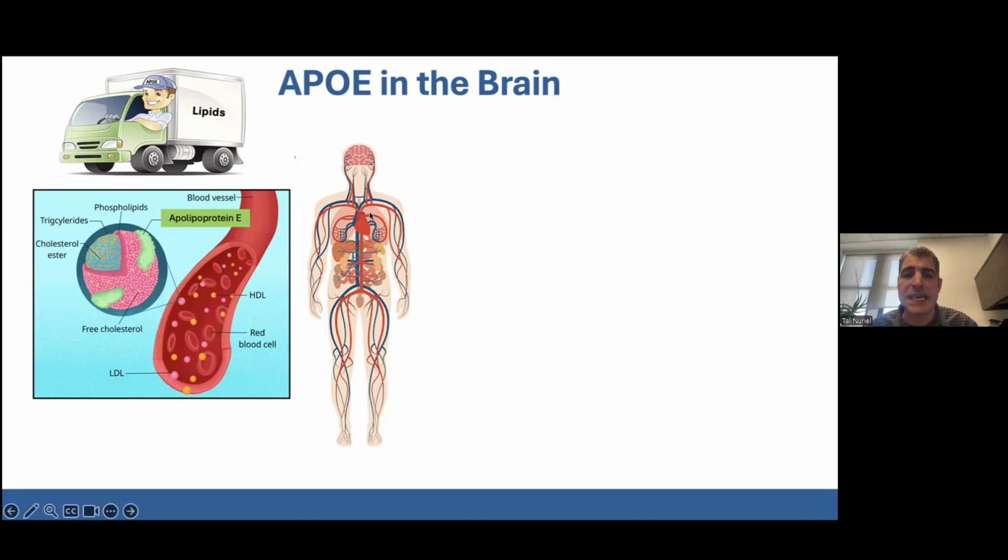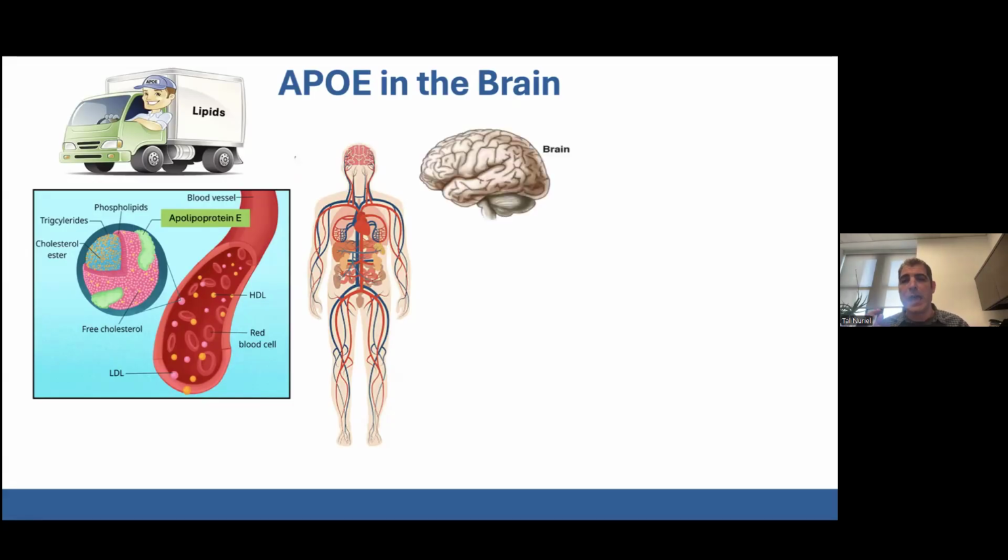That makes perfect sense, since that's what we're all comfortable with in biology, what's happening in the periphery. But what gets overlooked, or isn't focused on enough, is what's happening in the brain. And the reason that's particularly important with ApoE is that in the body,